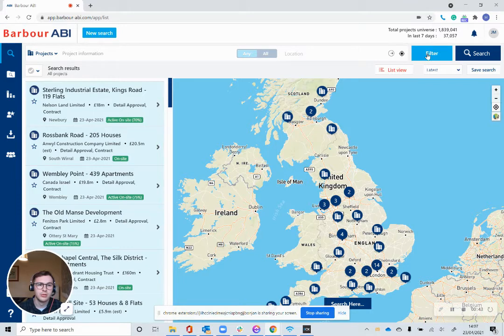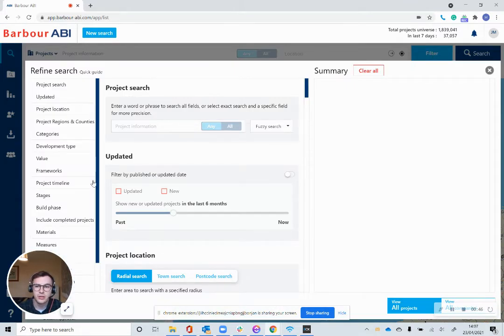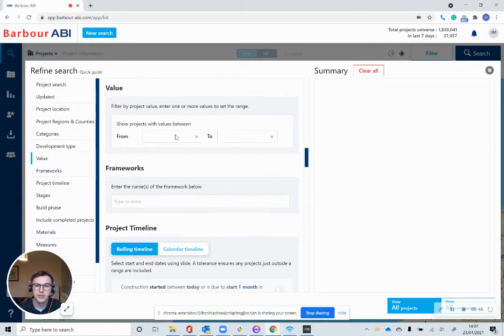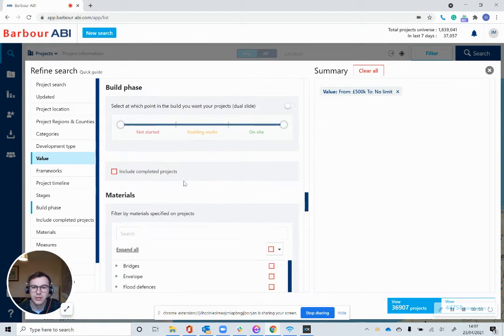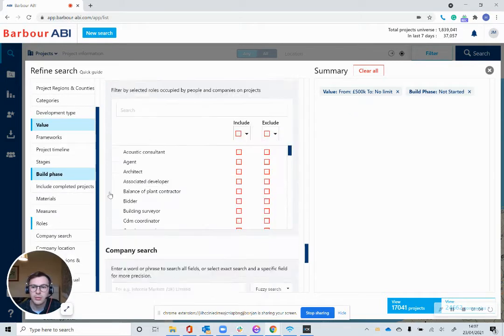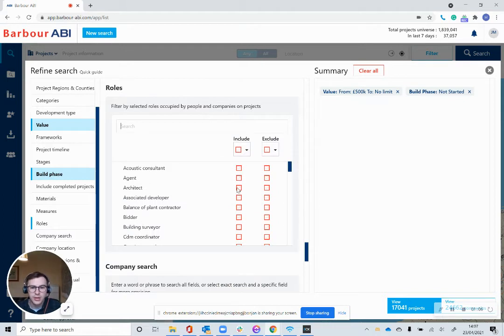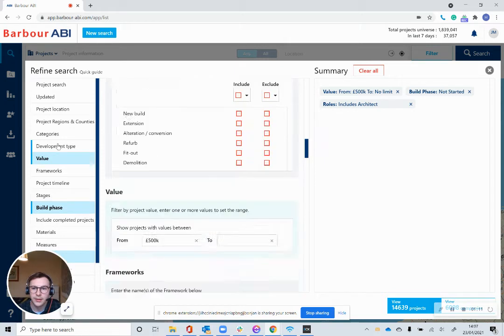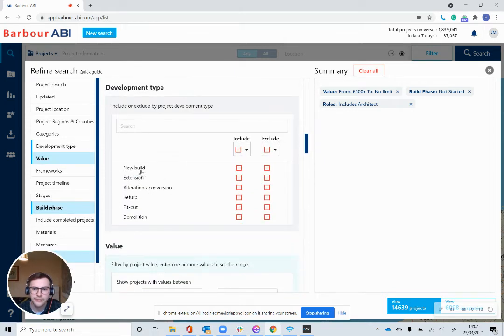So first of all, we create our search by going up to filter. We then pick some criteria that we might be interested in. So in this case, I'm going to select projects over 500K. I'm going to select projects that haven't started yet. And then I'm only going to target architects for this search. And then we want only new builds,